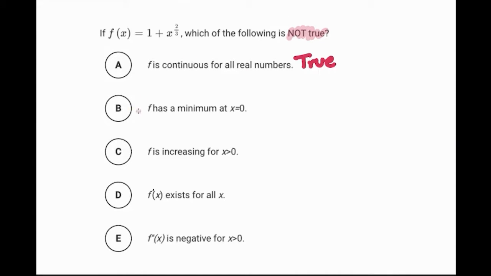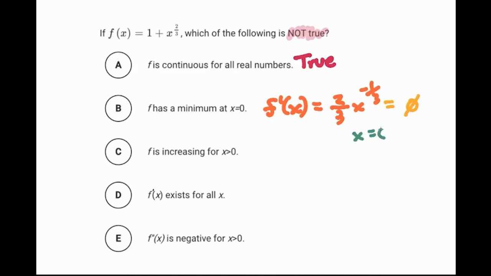For B, it says f has a minimum at x equals 0. Well, it says minimum, so we're going to need the first derivative for this, and you should end up with 2/3 x to the negative 1/3. And this can never be equal to 0, but we can set it equal to undefined. So that's what I'm going to do here. So equals undefined. And where it's undefined is where you're dividing by 0,